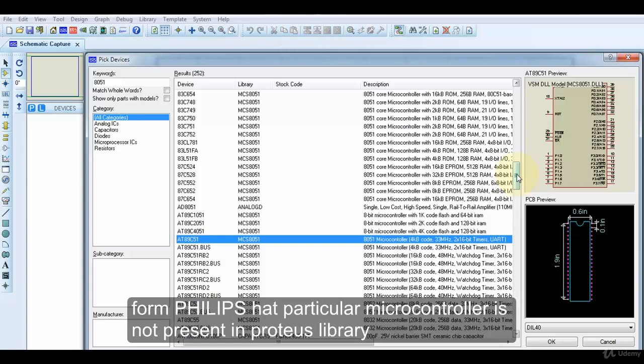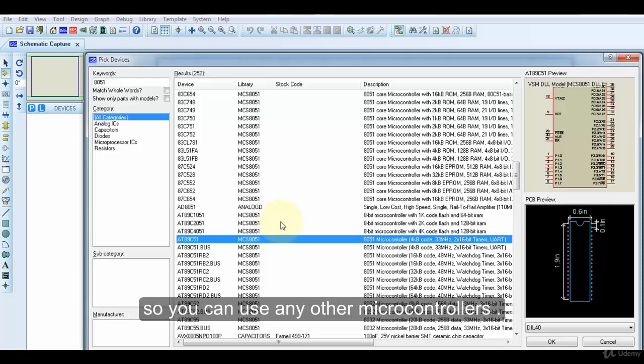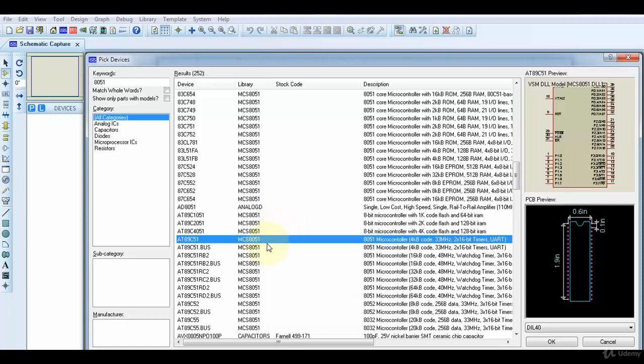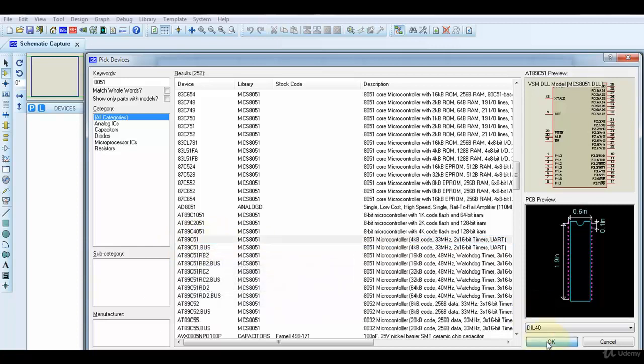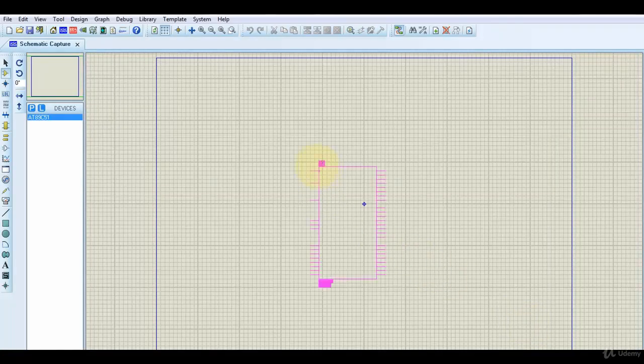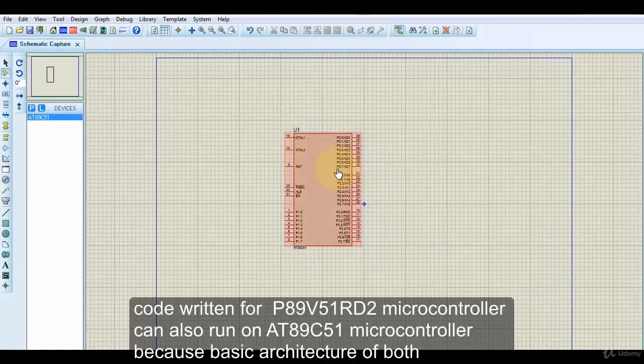That particular microcontroller is not present in the Proteus library, so you can use any other microcontroller also. So I am using the AT89C51 microcontroller here. The code written for the P89V51 microcontroller will also run on the AT89C51 microcontroller,